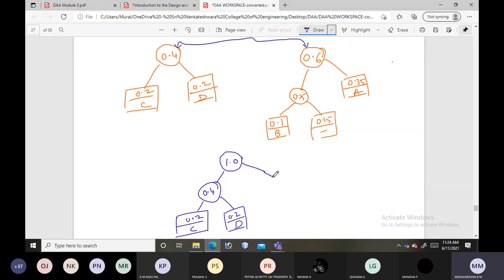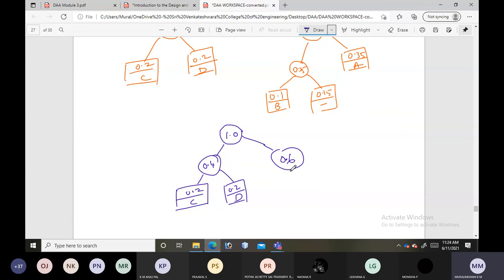On the right side we have 0.6. Again for 0.6, what do we have on the left?